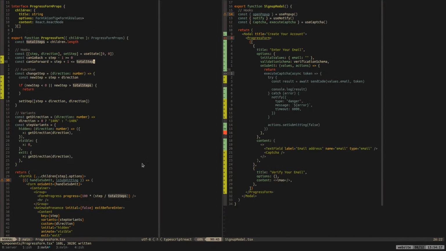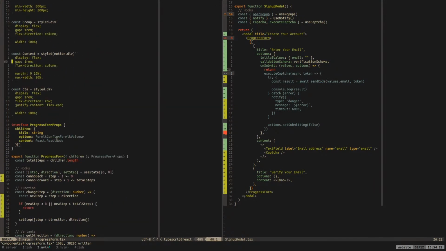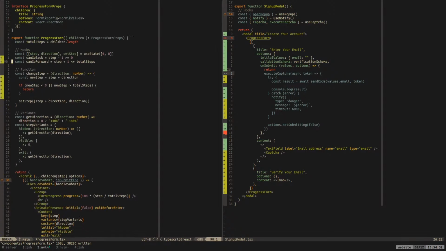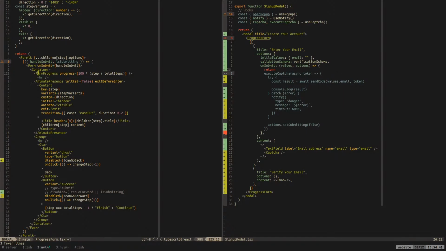What's next? Oh yeah, the styling. Okay, I think the problem is that we have so many flex boxes that they don't respect the main one that I want. We have so many flex boxes. Okay. So, and that's annoying.